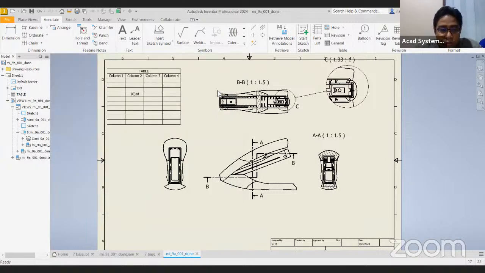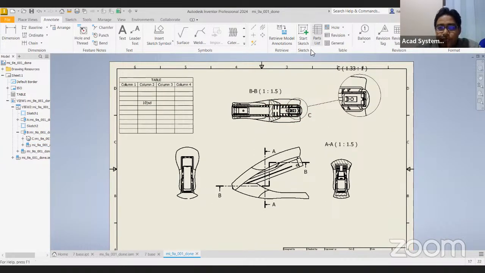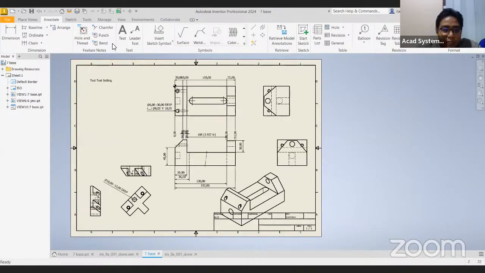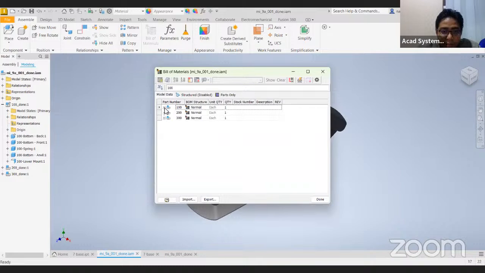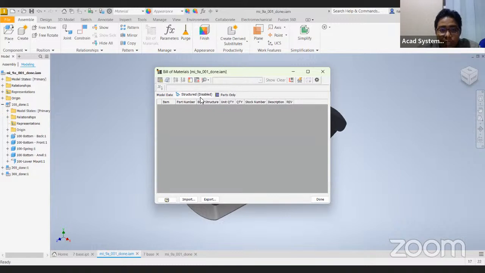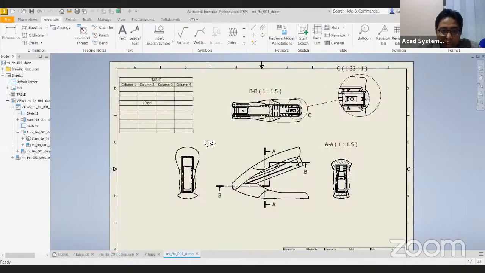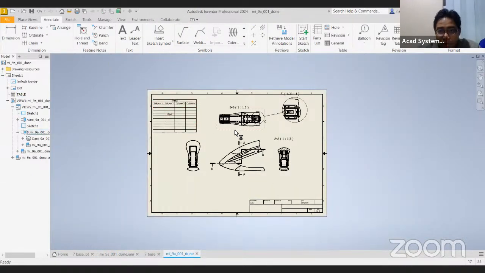But there is an easy way to extract the information that we have here, which is to use the part list. So the part list will access the BOM list that you have in the assembly file over here. For example, in the assembly, I go to the BOM list, the bill of material. So you can see this list of material over here. We have part numbers, which come from the model data. Or if you want to see the structure only or the parts only, you can extract this information inside of the drawing file. So from here, you can create a part list,